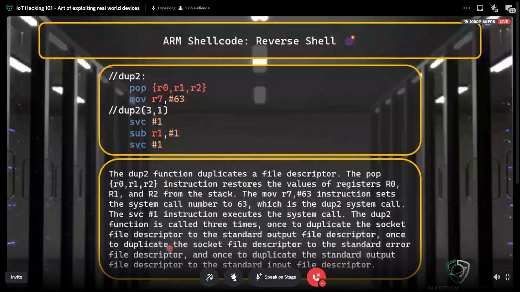Another one is dup, which duplicates the file descriptor. In Linux, everything is a file. Whatever device you try to communicate with, you can go to certain paths inside your Linux environment and see them as a file. Even the sockets are files. Since everything is a file, the socket itself is a special kind of file which allows you to talk with your device.